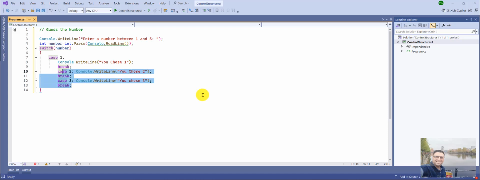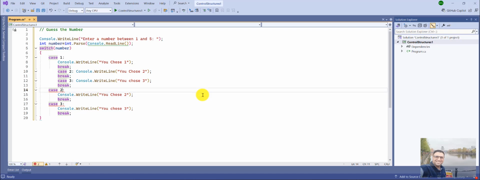We'll continue case 4 and 5 the same manner. So case 4 and case 5, you chose 4, and then you chose 5,